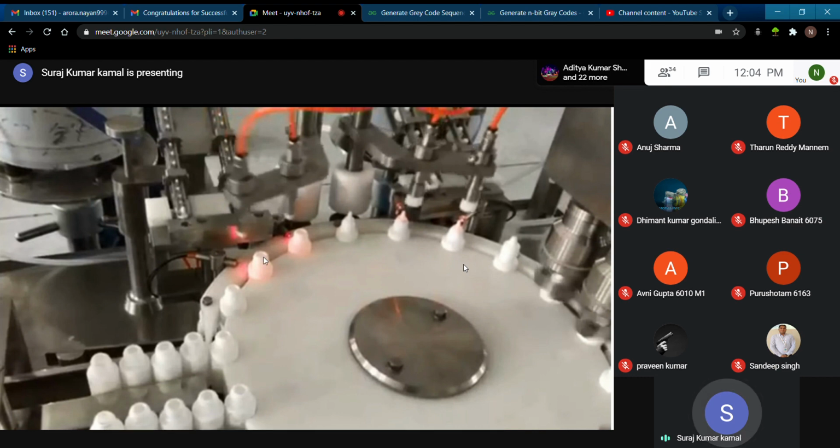How will you sense that the bottles are present over here? You can see there are 4 sensors over here, 1, 2, the red lights over there, and these robotic arms that will be pneumatically controlled will read that there is a presence of a workpiece over here, and they have to put that particular cap on these bottles.